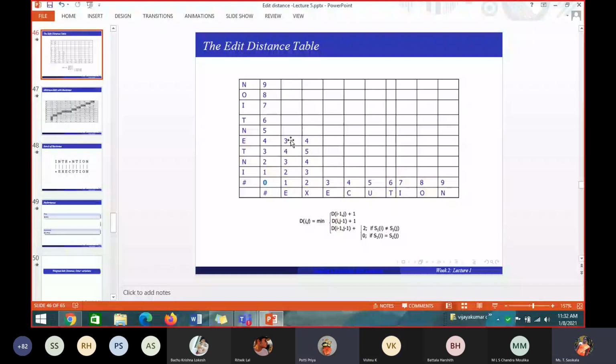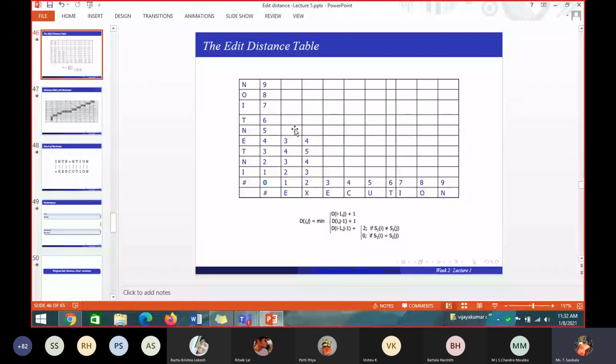So this is one different case. We are able to find it out, right? You should not add 2 here. Because why? Because both characters are the same, E and E, so we are adding 3 plus 0. Can you fill out these 4 values and we can leave now?